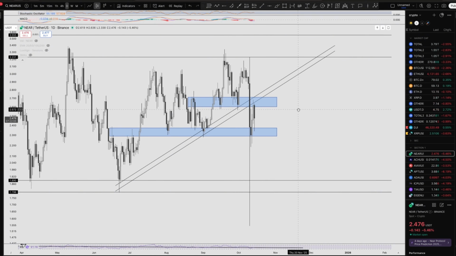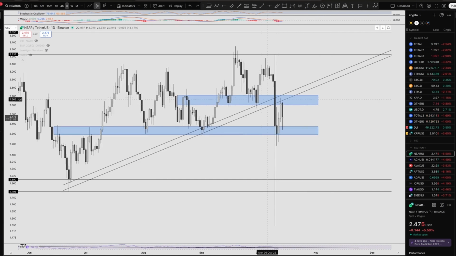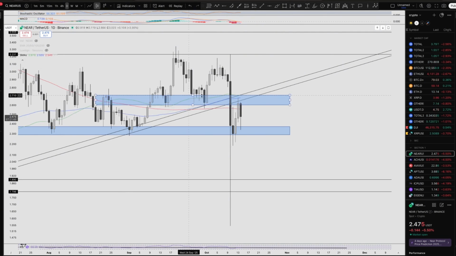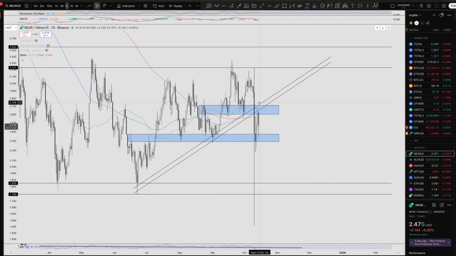It's really important to see what happens here. There are two scenarios. If the price can break through this area, we can actually become almost 80% bullish on the Near protocol. For what reason? Because we have resistance here as well, a midterm resistance. We also have a midterm trend line, and all the moving averages are right here. We have the 50-day moving average, the 100-day moving average, and the 200-day moving average in this area. If the price can break through this area and move up in a surprising way, then we could turn bullish,